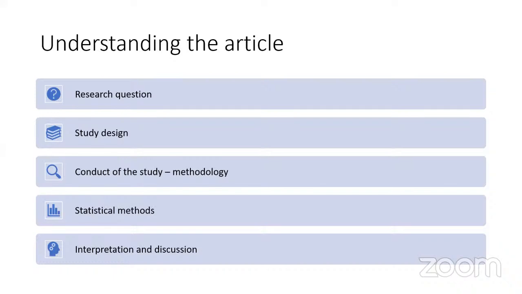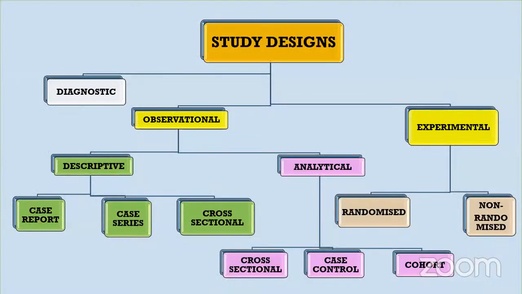Okay. So I was saying that we need to understand the research design a bit more. We need to know the study design that is appropriate for the research question. The methodology may be slightly different from study to study that we need to go through. We need to have some idea of the statistical methods and see whether we have used it appropriately. And interpretation and discussion is left to each study, so we won't be looking at that. We'll be looking at the research questions, study design in a bit more detail, and briefly go through some statistical methods. So study design